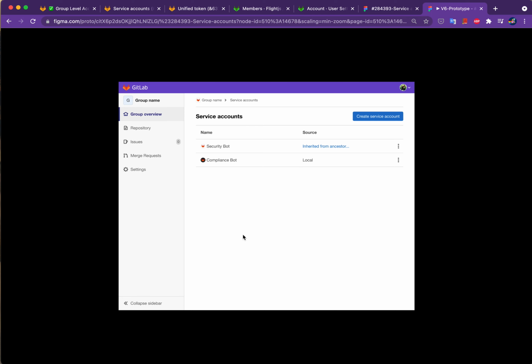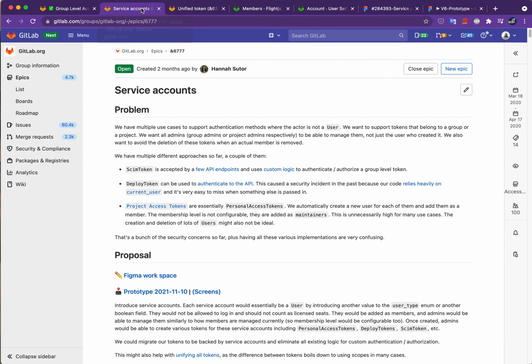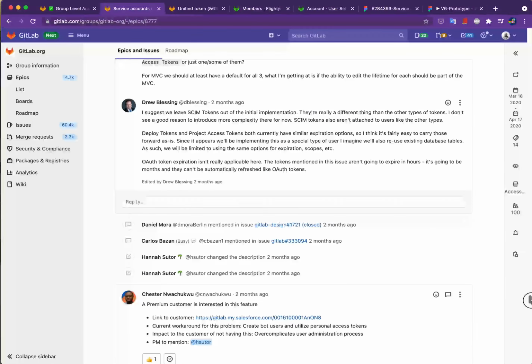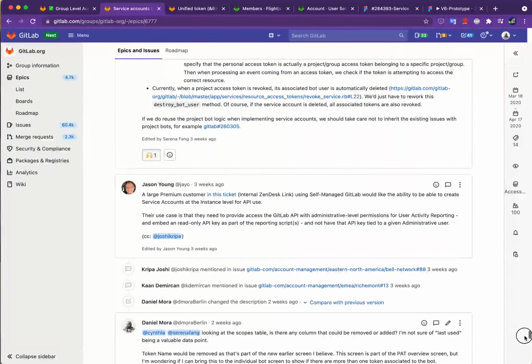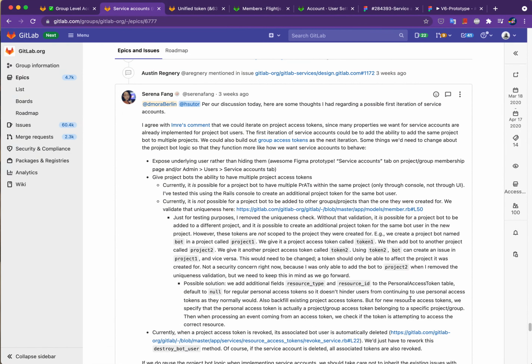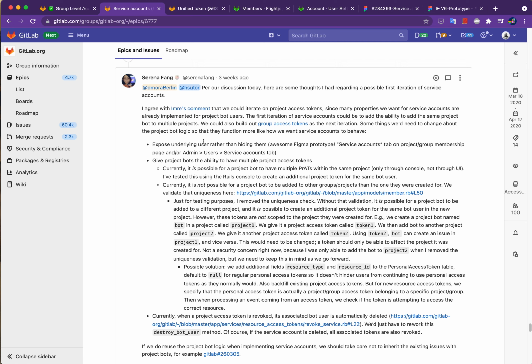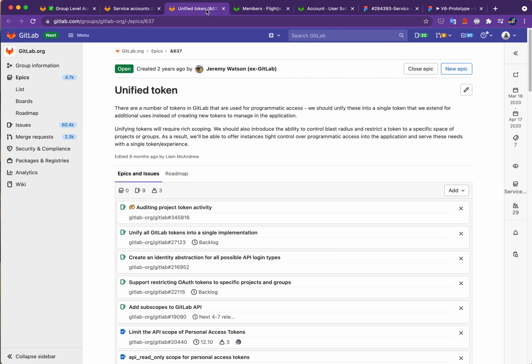This was one of the prototypes we had already tested with stakeholders to see does this process make sense, and so we have a bit of some updates in regards to that. We're looking at maybe improving the process by doing what we call unifying the tokens. So I spoke with Serena here. She's one of our backend engineers, and we had a lot to discuss in regards to this topic here,